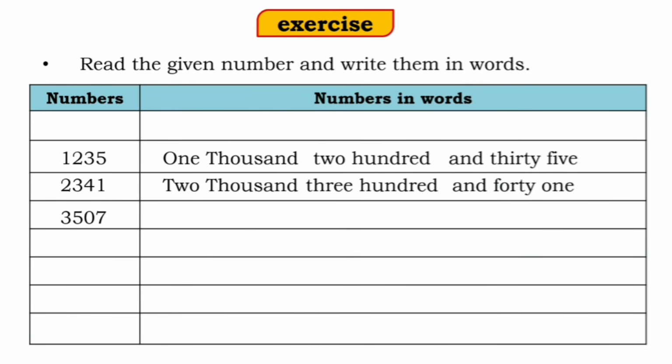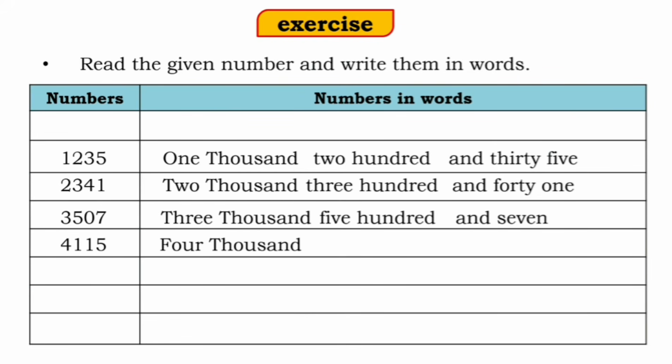Next number is 3507. So we will write 3507. Next number is 4115. And the next number is